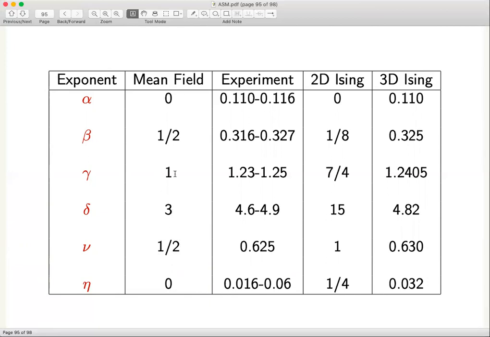We are going to go in various steps. Before we go to a theory which will do better than mean field theory, we'll also find out what the situations are in which mean field theory actually gives you accurate answers. That also is something we'll do soon. So I think I'll stop at this point and take questions.